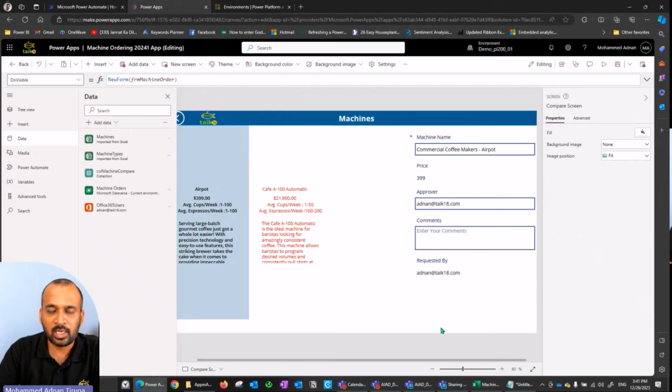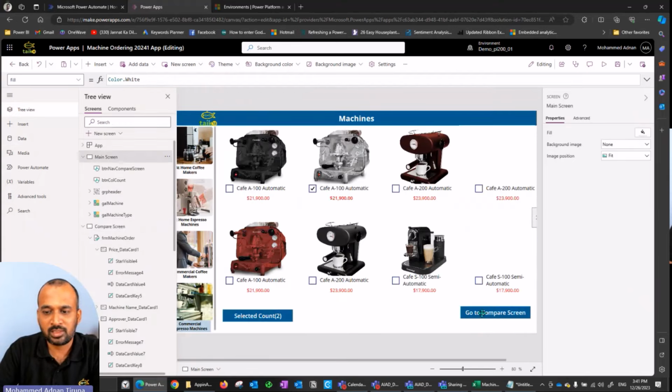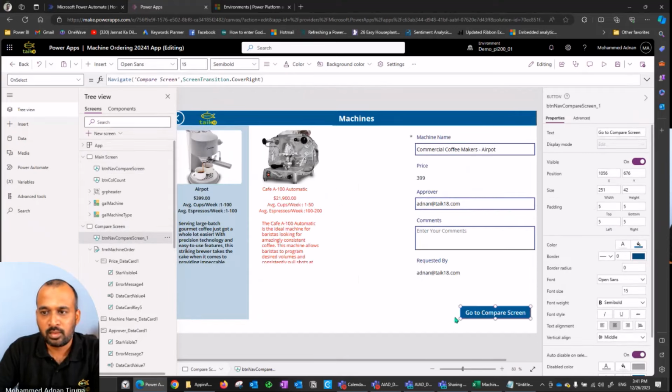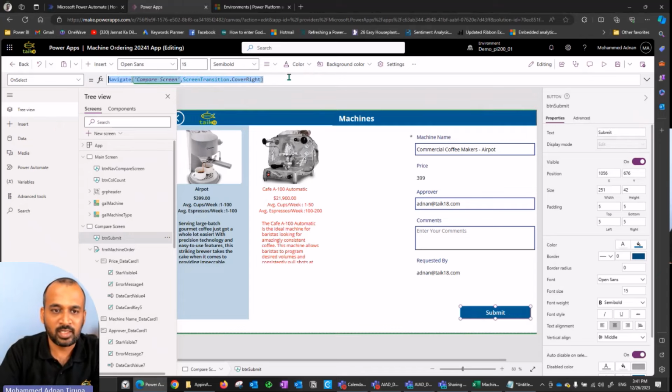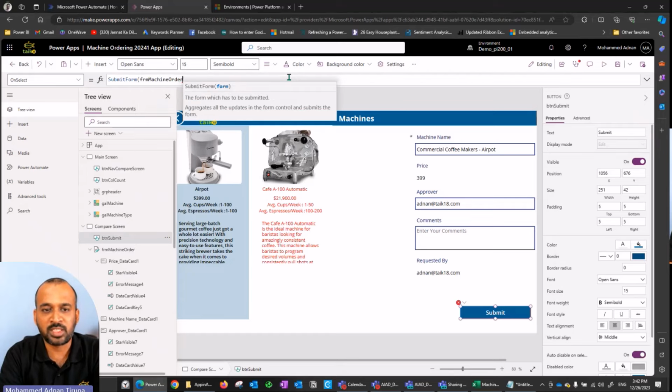The next thing we need to add is to submit this application. So let's go back to the preview, and on the main screen, copy this button, come back to the compare screen and paste here. We need to give it a name, button submit. And on the OnSelect property, we need to define a different thing, which has to be SubmitForm,